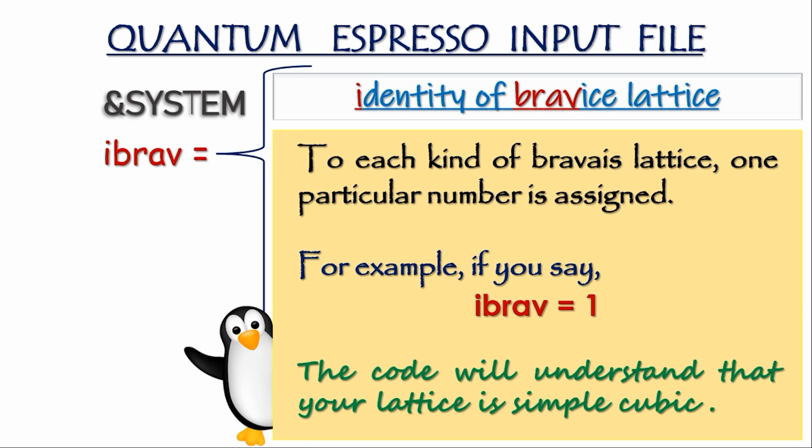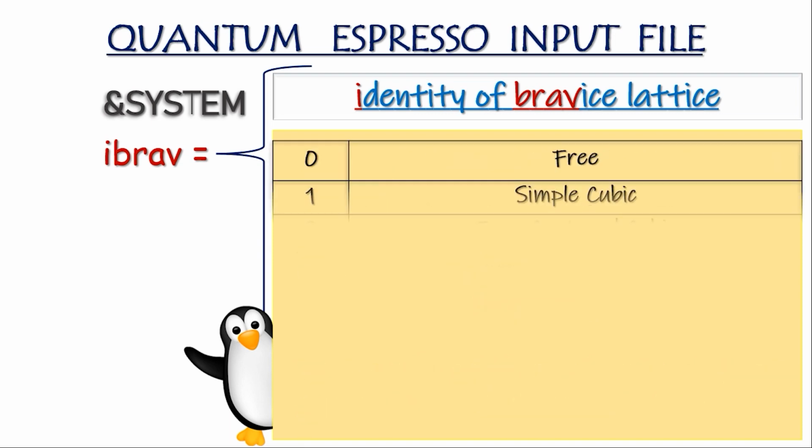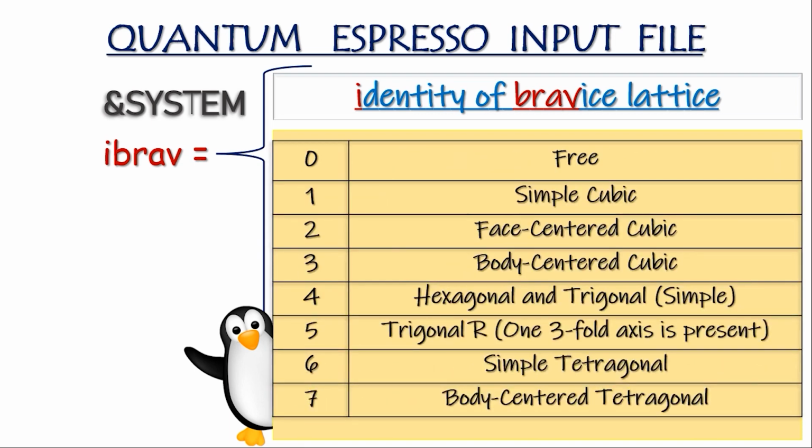There are several others too, of course. As you know, the 14 Bravais lattices are there. So let me provide you the list of which number defines which Bravais lattice. Okay, here is the list that you are going to need. 0 is for free, but initially don't use this, as using this will compel us to change some other parameters, and this also takes longer time in relax calculations, remember. However, others are simple. As we have already said, 1 is for simple cubic, 2 for face-centered cubic, 3 is for BCC, 4 is for hexagonal and trigonal simple,